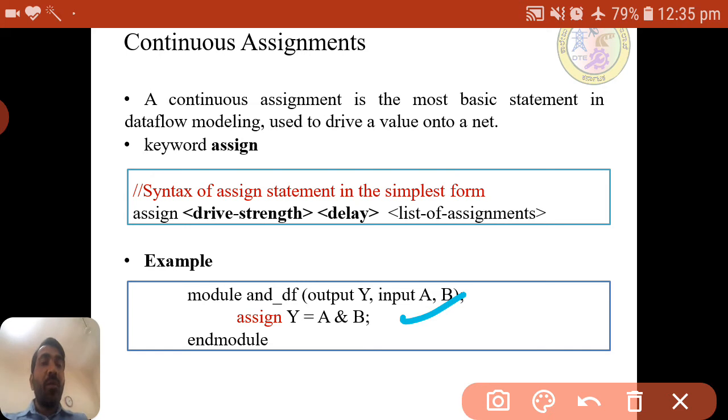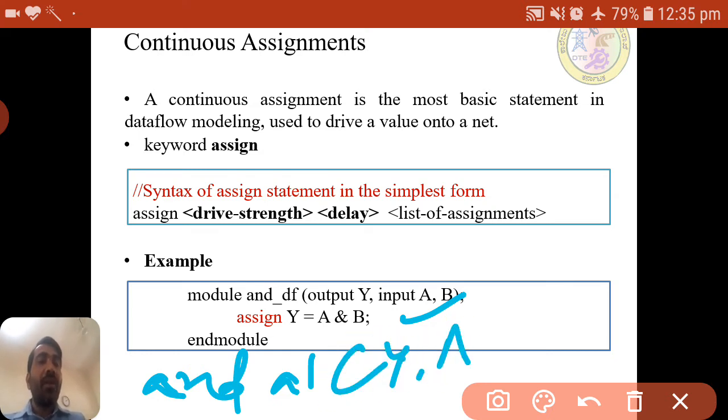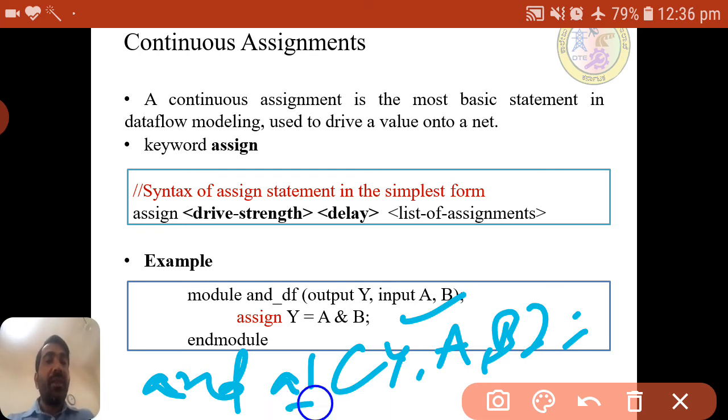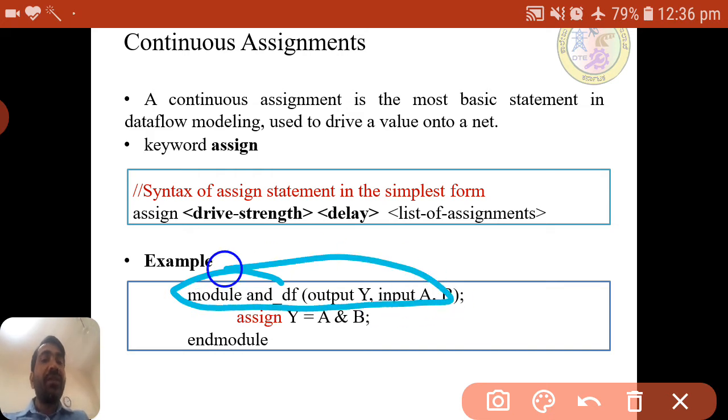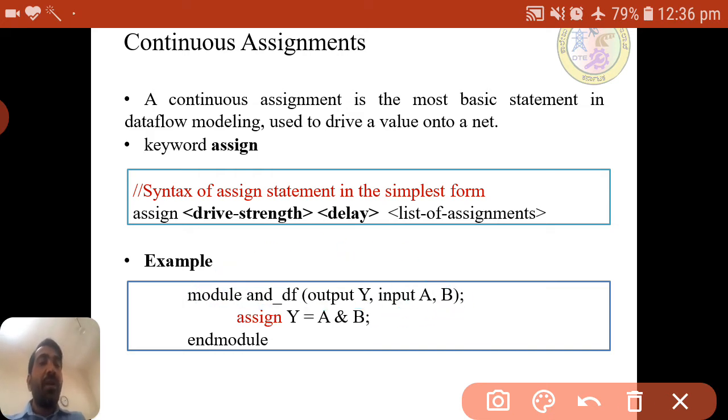In gate level modeling, what we have written is AND, then an instance name, and here Y comma A comma B. This is the single line code for gate level modeling: AND is a keyword, then instance name and port list, Y output first, then A comma B. The same job is done in data flow by writing the equation assign Y equal to A and B. But in gate level modeling, a module definition is not required as it is a gate primitive, whereas the operator is not primitive.